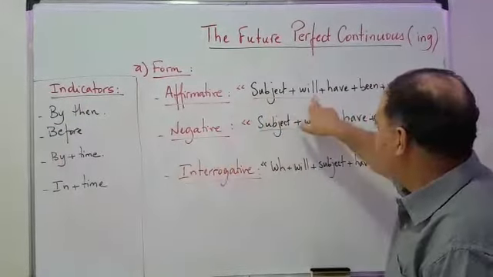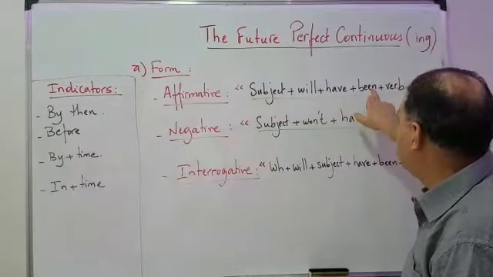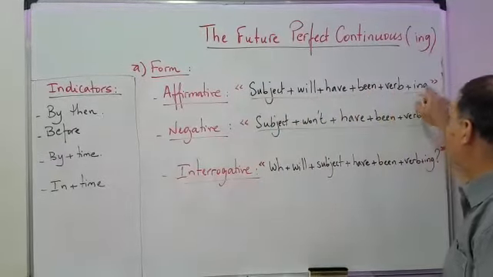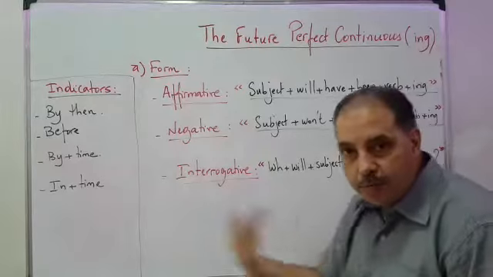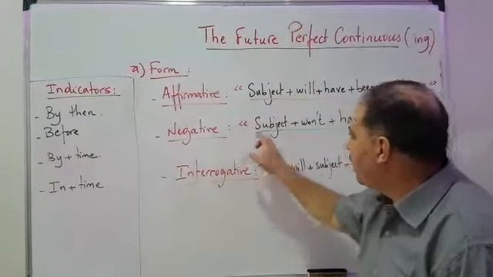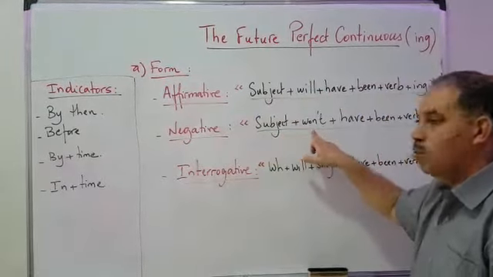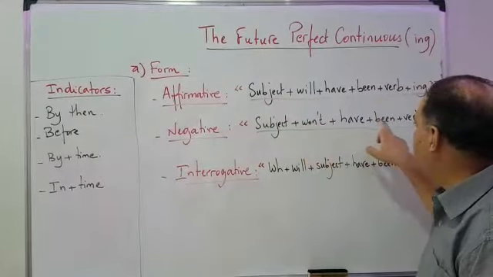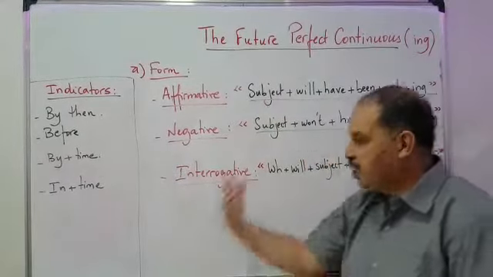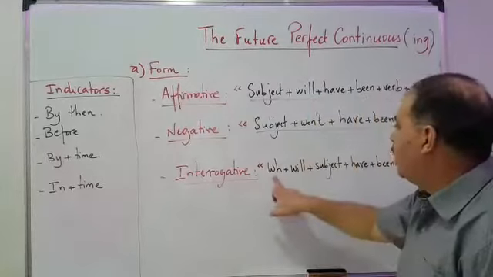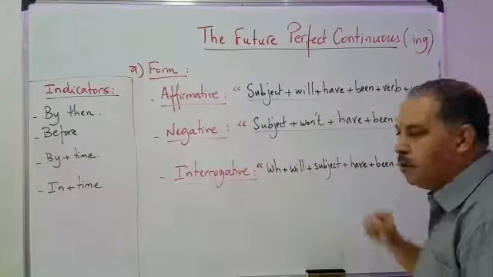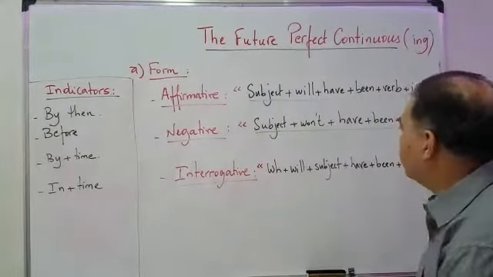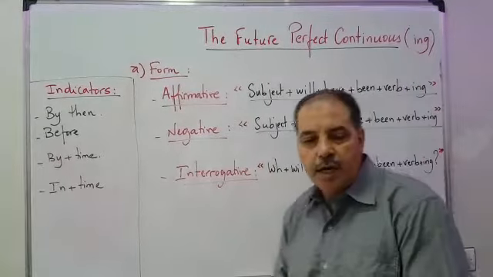Subject, then will, have, been, plus verb plus -ing. Okay, verb of action. Negative: subject plus won't, will not, plus have, plus been, plus verb plus -ing. And interrogative: now we have the WH question or the yes-no question, and this is what we need concerning the three